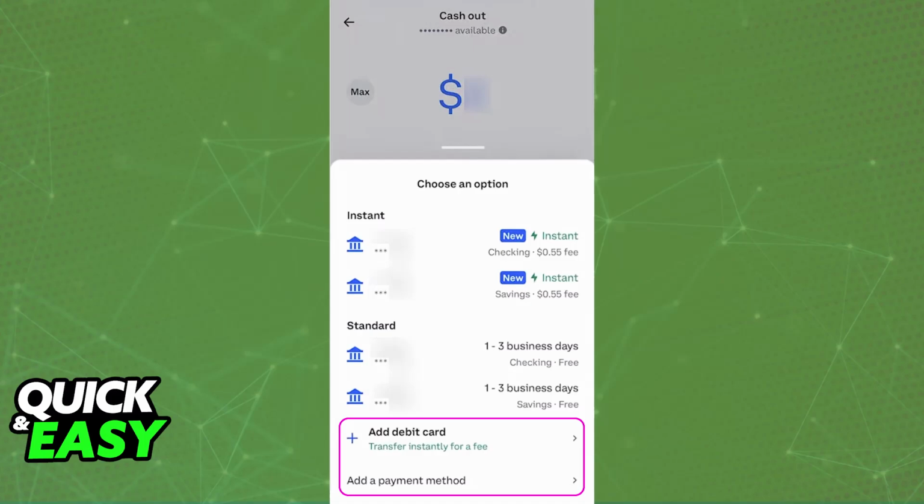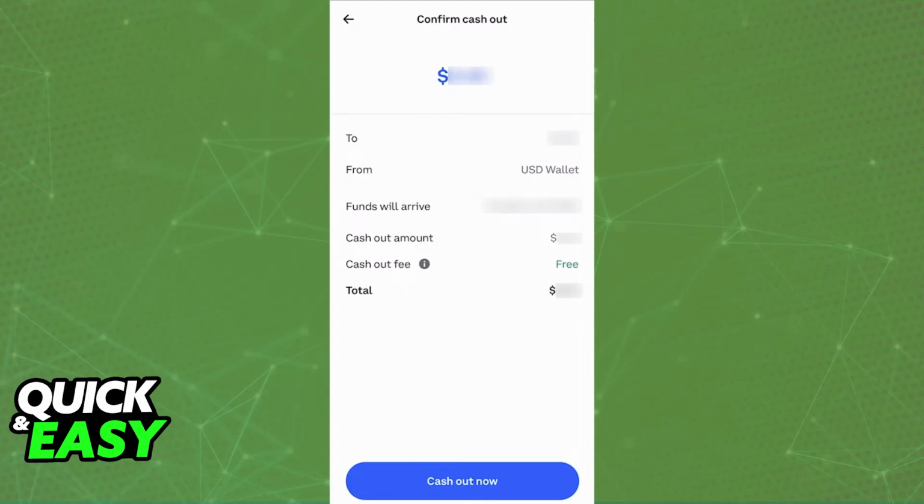If you aren't sure how to transfer it to Cash App directly, what I recommend is to transfer the money from Coinbase to a bank account and then use that bank account to deposit the money inside of Cash App. So when you choose the add payment method option, you select bank account and you include all of the necessary details about the account that you want to transfer the money to, you will be able to initiate this withdrawal